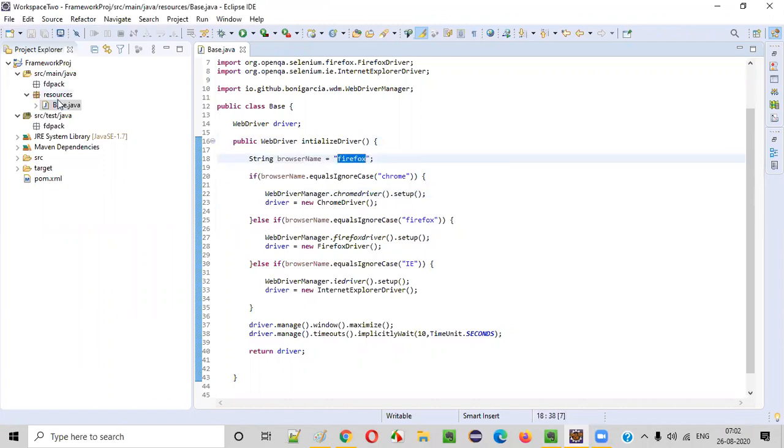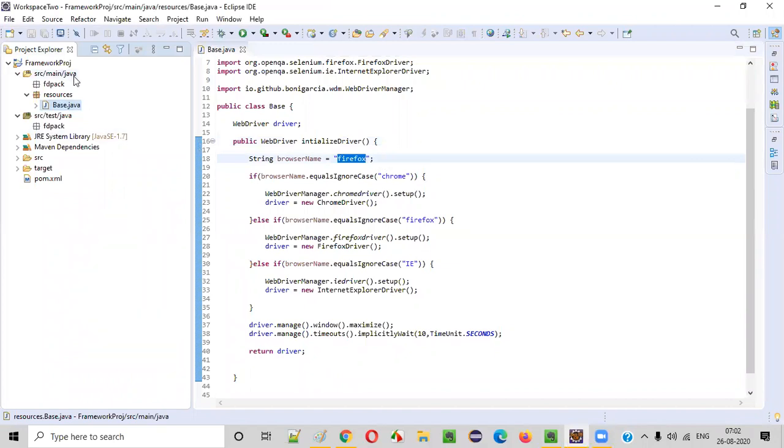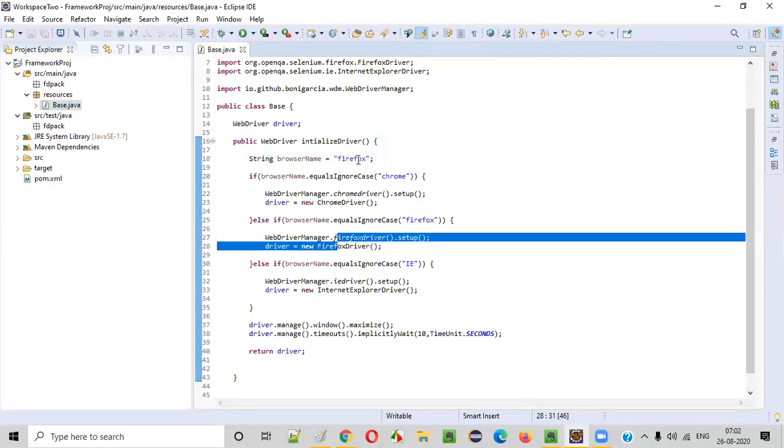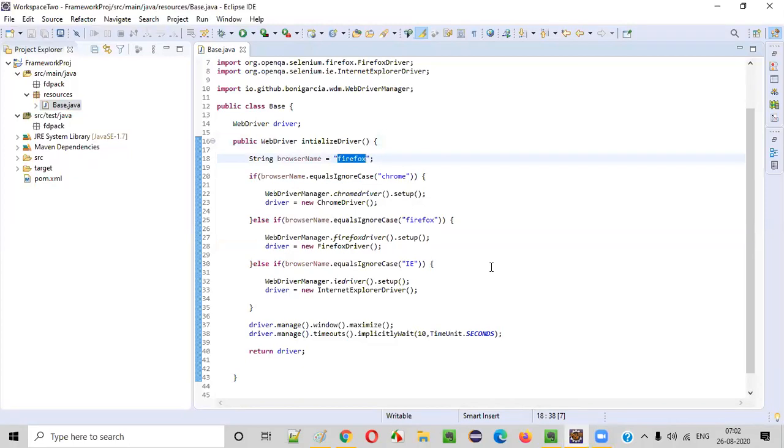Tomorrow your client wants you to run your automation scripts on the Chrome browser. Again, you should not come to this base class and change Chrome here. Or tomorrow, your client wants you to run your complete automation tests on the IE browser. Again, you should not come to this base class and change IE here. That's not the proper way. So this Firefox option should not be hard coded.